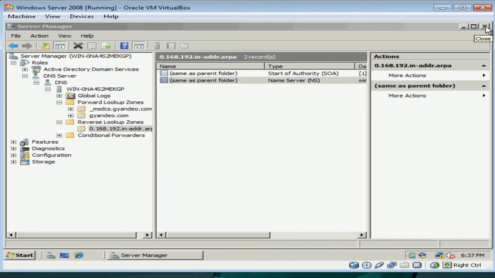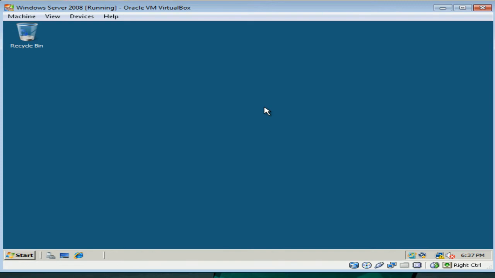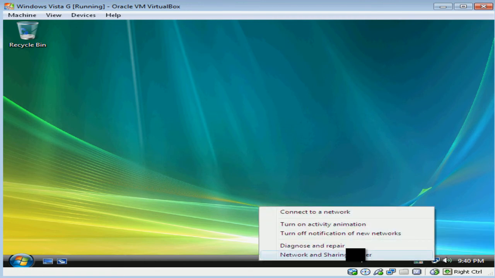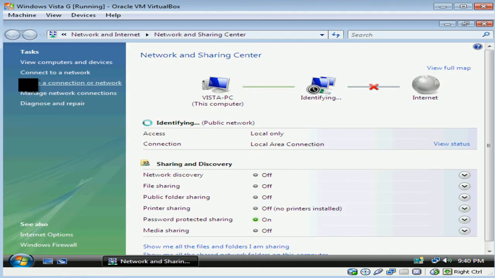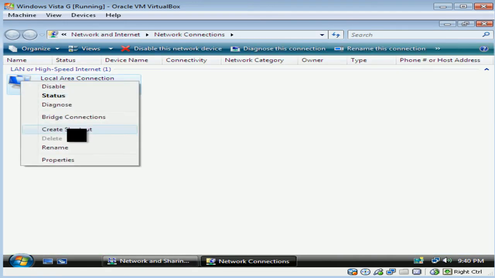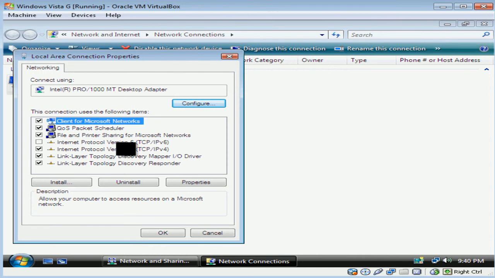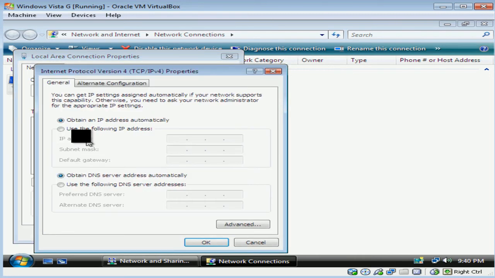Now we'll open up a Windows Vista VM and configure that. I'll pause the video in the meantime. Okay, when the Vista starts up, we'll right click, Network and Sharing Center, Network Connections, right click, Properties, and we'll select IP version 4, select Properties, and we'll set the IP to static IP. For this machine we'll set